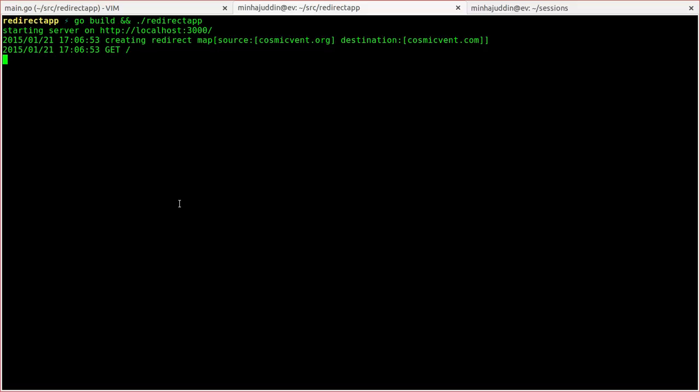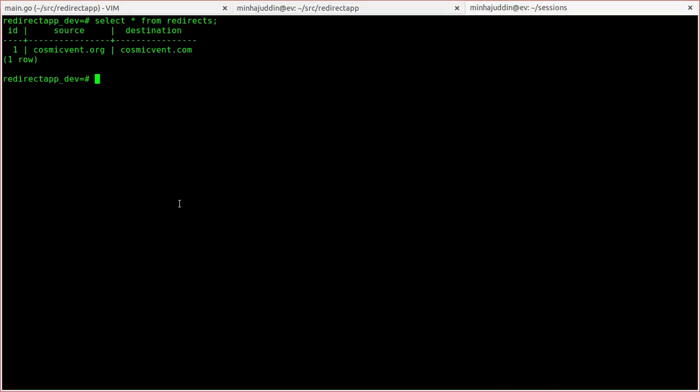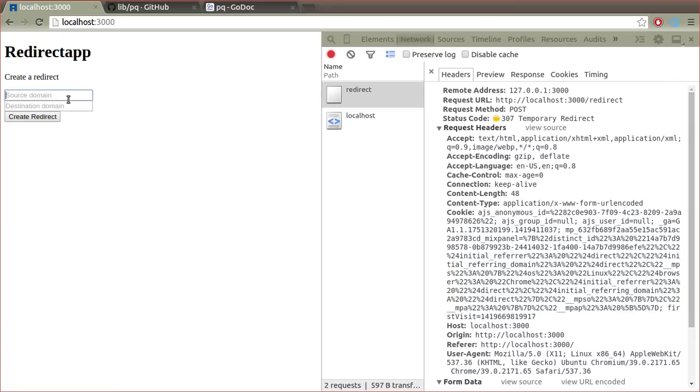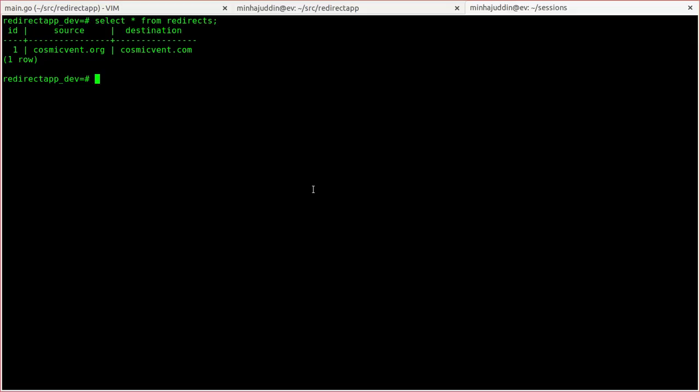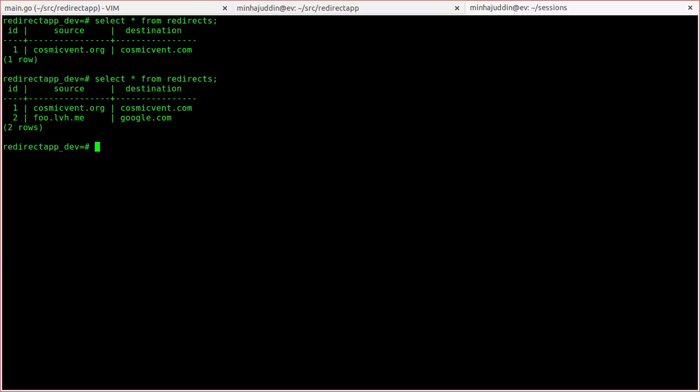Now that we have the redirect set up, so we have a redirect for cosmicone.org, I'm gonna set up another redirect with the right host names. I'm gonna say foo.lph.me should send me to google.com, right? So I'm gonna create that redirect, and if you look at the data, it's there,